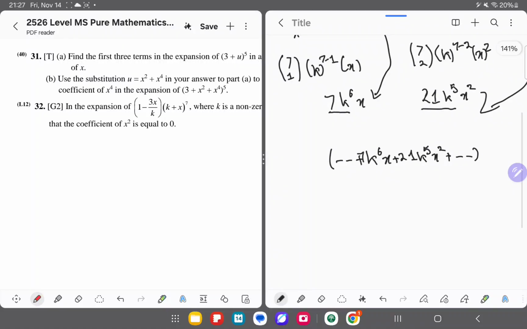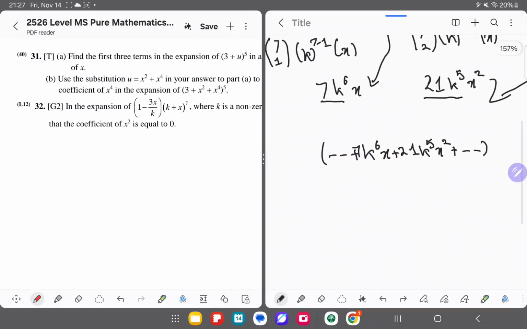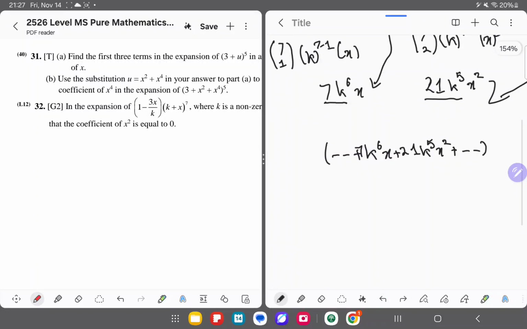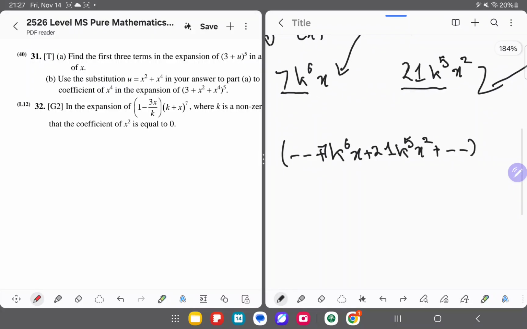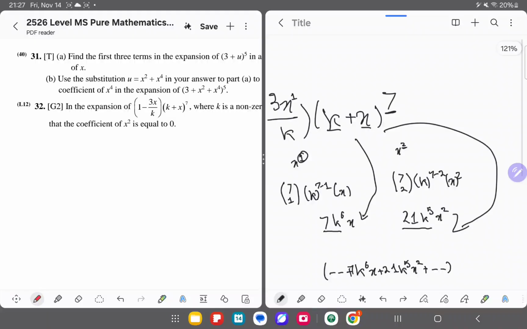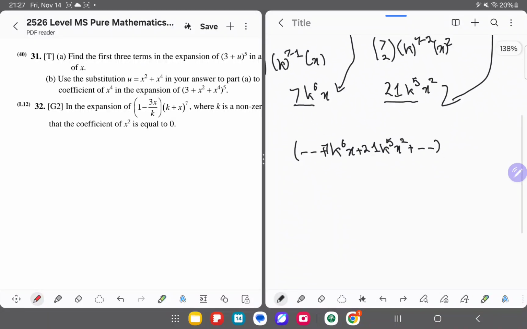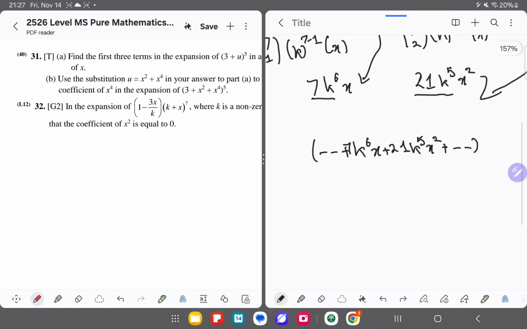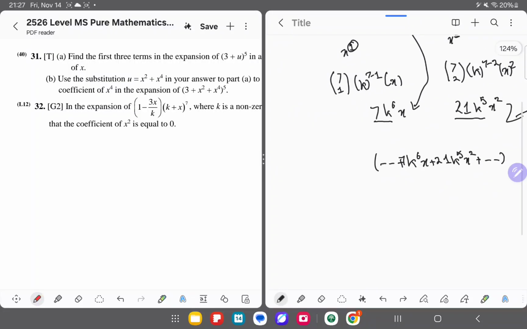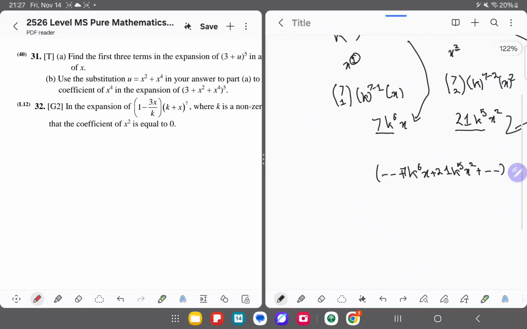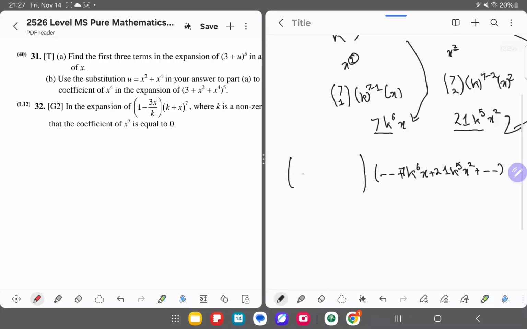Okay, now look, what you notice here is why there are dashes over here: there are still exponents of x that are lower than 1, and still exponents of x greater than 3, which meet the range between 0 and 7, 0 being a constant term and 7 being the highest power of x. So for now we'll just write the thing as this, and then the other side is 1 minus 3x over